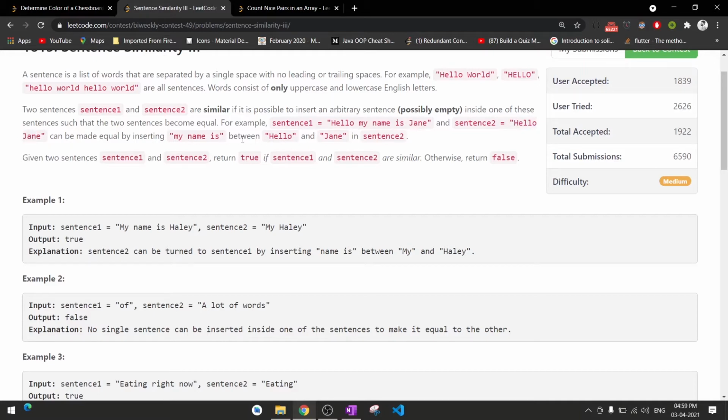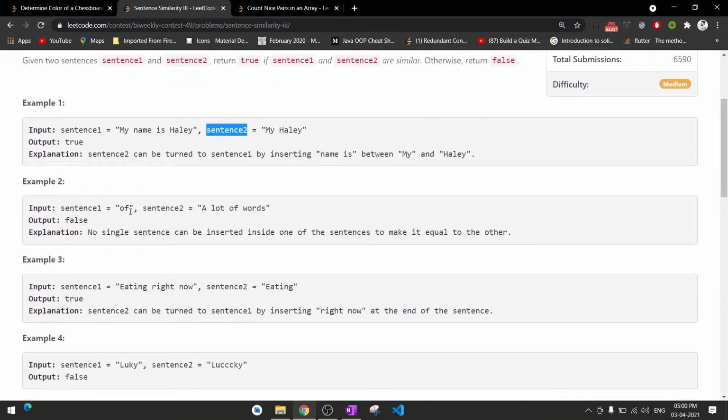Or you can say that they give two sentences, and we can put an empty or arbitrary sentence in between the words. Like here, they put a sentence, "my name is", in the middle. If I remove this sentence, then sentence 1 resembles sentence 2.